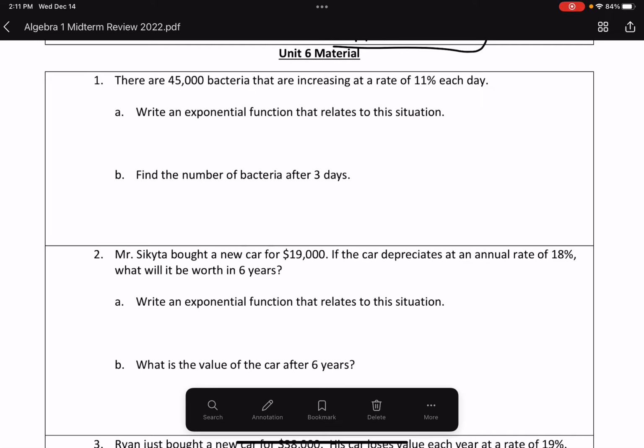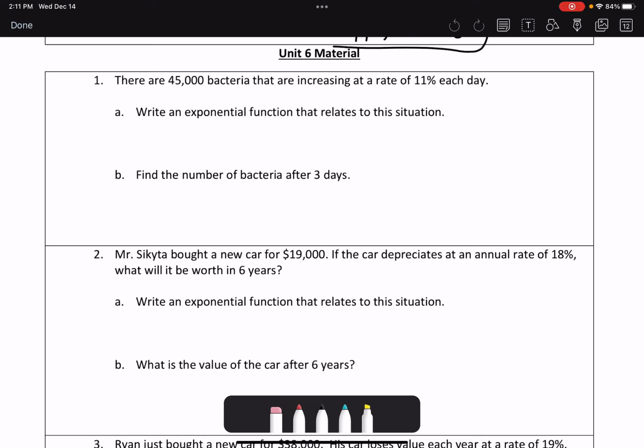This first question says there are 45,000 bacteria that are increasing at a rate of 11% each day. It says write an exponential function that relates to this situation. Well, I've got an initial value, so my a sub 1 is 45,000. I've also been given a rate of 11%, but I need to convert that 11% into a decimal, so that's going to give me 0.11. And if I'm writing an exponential function for this, this is going to be an exponential growth because it says